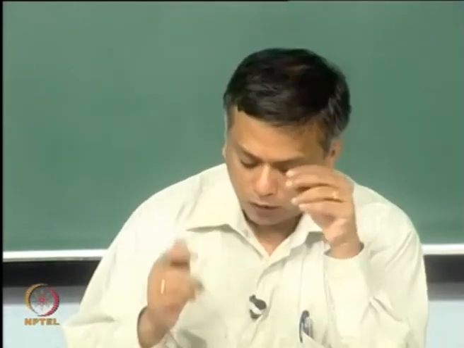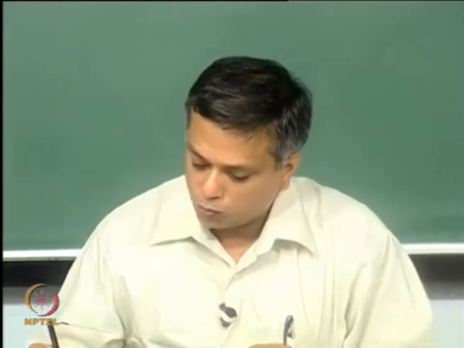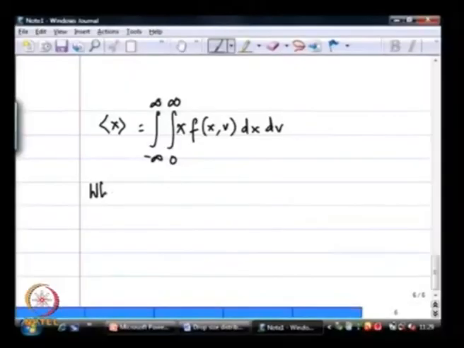What I want is a mean drop size of all the drops that are moving with some velocity v to v plus dv, let us say. So, if I ask myself the question, what is the